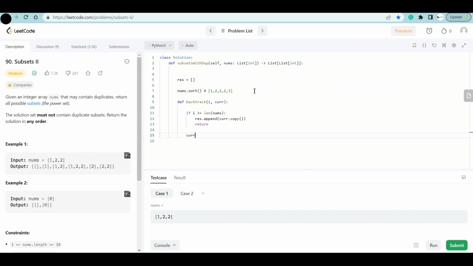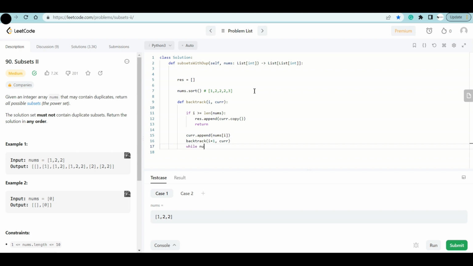And I'm just going to say current dot append the nums of I, and we take our backtrack function, we pass in I, we choose the next element, say current, and this is where we have to write our